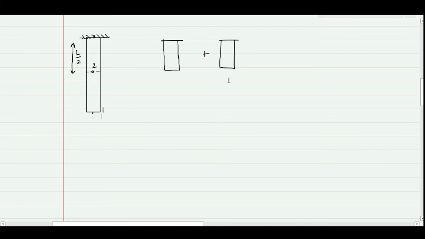So the section 1, 2 is actually applying as a point load, and I know that the total weight of the bar is W, so that will be W by 2. In this case, the total deformation will be the superposition of these two deformations. Suppose the deformation because of this is del L1 and because of this it is del L2. So the total deformation of point 2 will be del L1 plus del L2. Let's see how we can derive the formula.